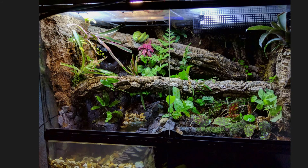And lastly, people were asking me about the price for this. I think, including the second-hand tank, I got it for just over £100. Including that, I think the whole build was about £350. That was including the cork bark, which was actually one of the big expensive parts. The plants, the rocks were cheap, the foam was cheap, the silicone was fairly cheap, the cocoa stuff was pretty cheap,